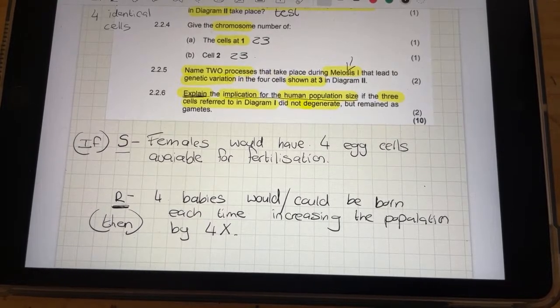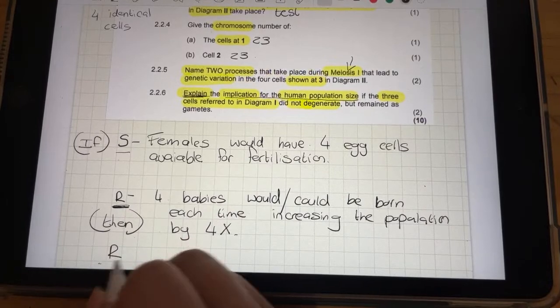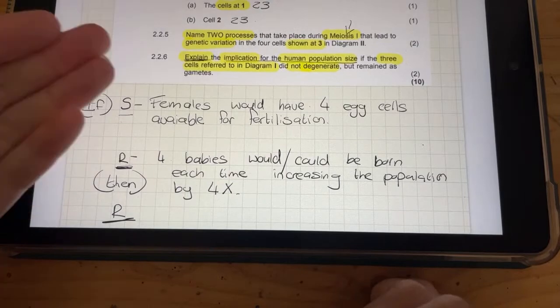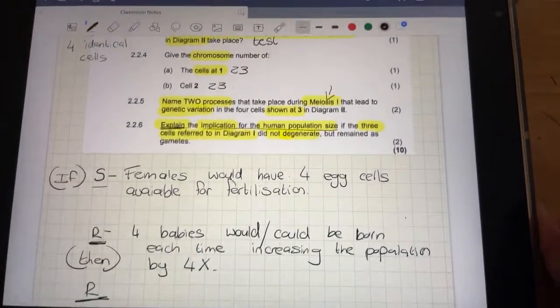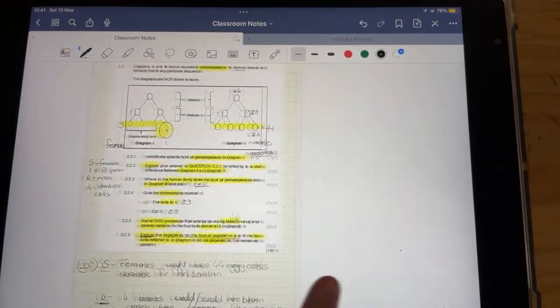And to take it just one step further, if this question was out of 3, then you must give a second reason, and then that's what would give you your 3 marks. This one doesn't have a second reason, so we're not going to add that in. I hope that answers your question.